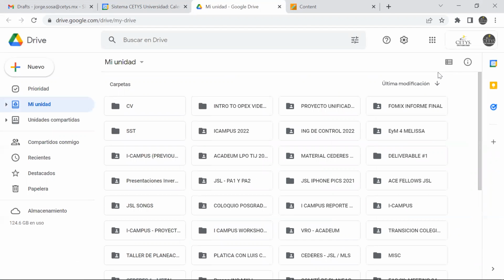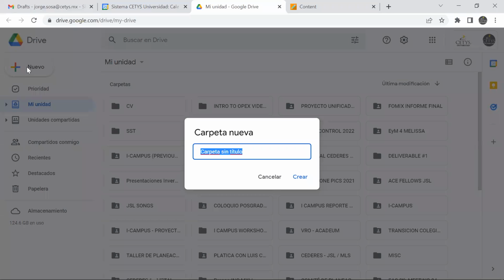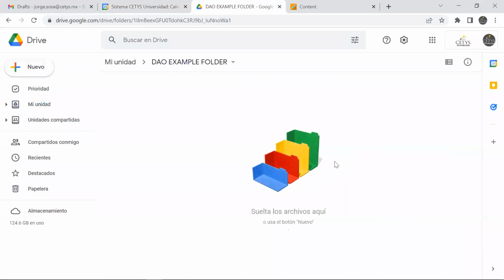This is also going to be recorded. So you go to your drive and you create, let's say, a new folder here. That folder, I'm going to call this DAO example folder. And it's created here. And then literally, if you're using Chrome,